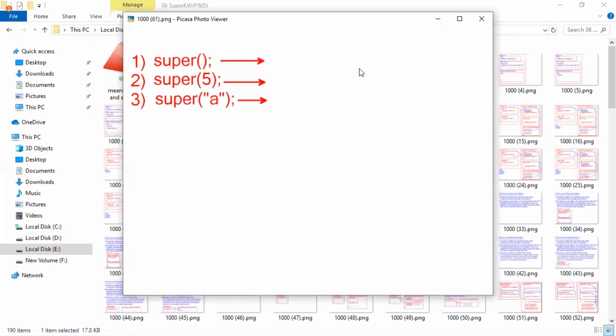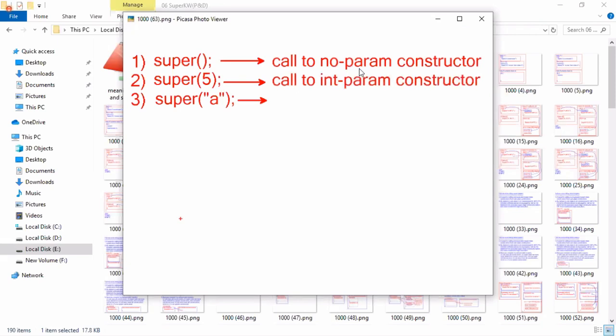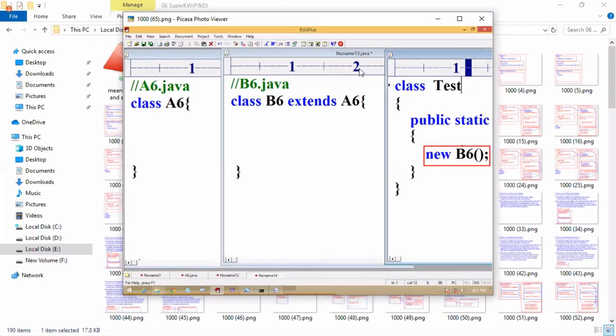What is the use of super of no param? Calling the no param constructor. Super of 5, the int param constructor. Super of a double-quoted string, the string param constructor. And tell me, is there any compile time error in this program?